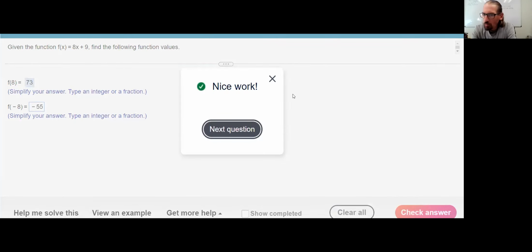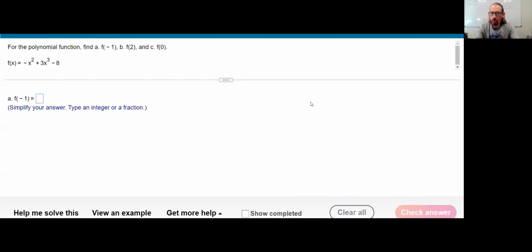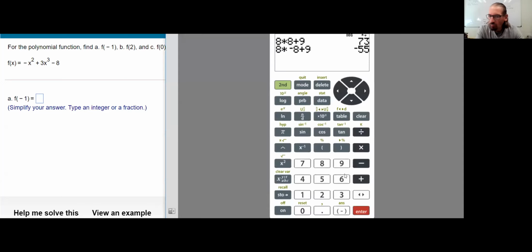All right. Now, I'm not doing all of these, but there should be one that's going to take a little more work. All right, here we go. We have f of x equals negative x squared plus 3x cubed minus 8. By the way, that could have been written with the 3x cubed at the beginning. But since the highest exponent is 3, that makes this a degree 3 polynomial. We could put 3x cubed minus x squared minus 8. And so